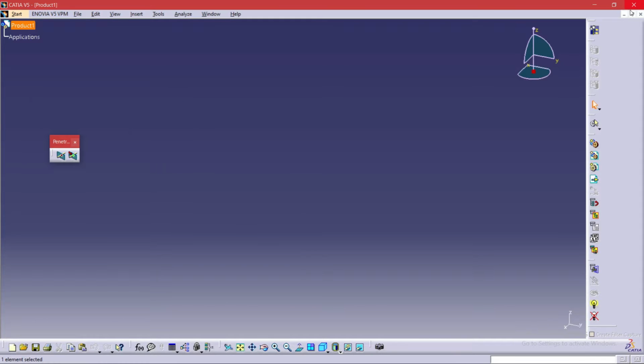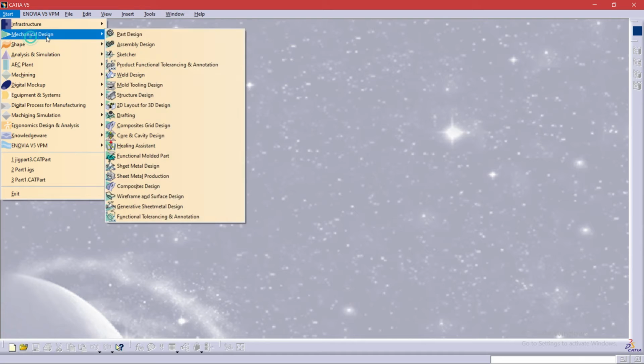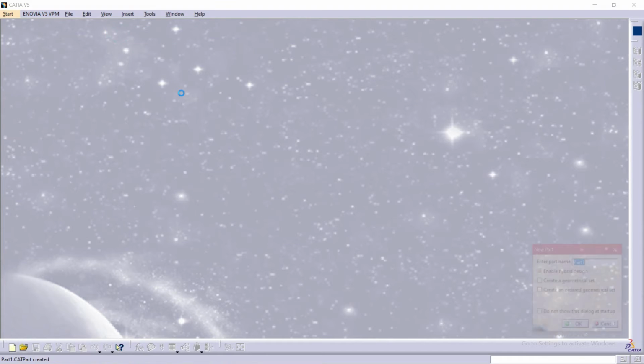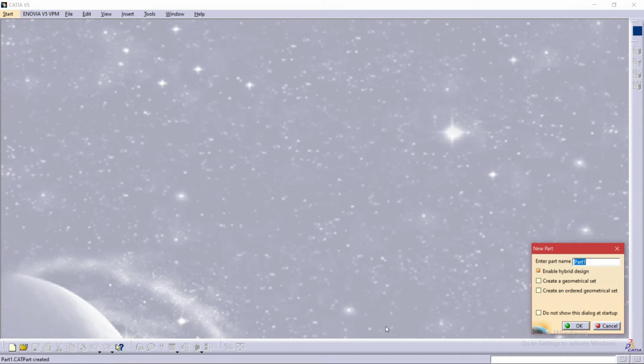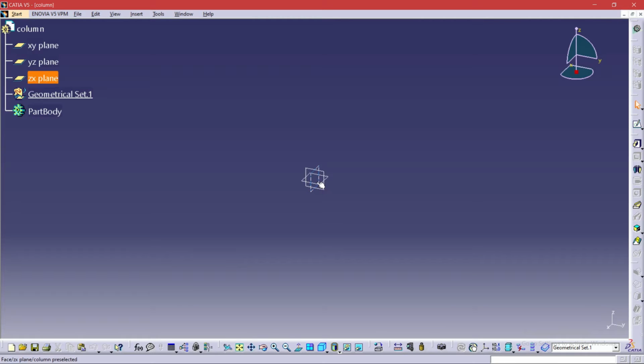First and foremost, we are going to exit from the product window and go to the start. Then we are going into the part modeling mode. Here we need to uncheck the hybrid option, because that will create complications while making components in real life, and it might get into trouble while you draft the 3D model. So we are just going to uncheck the hybrid, and we are going to create a geometric set. Then we rename our part and open it with the OK button.